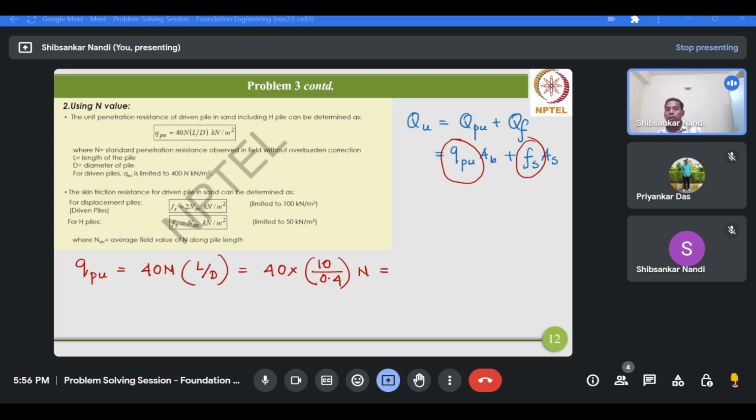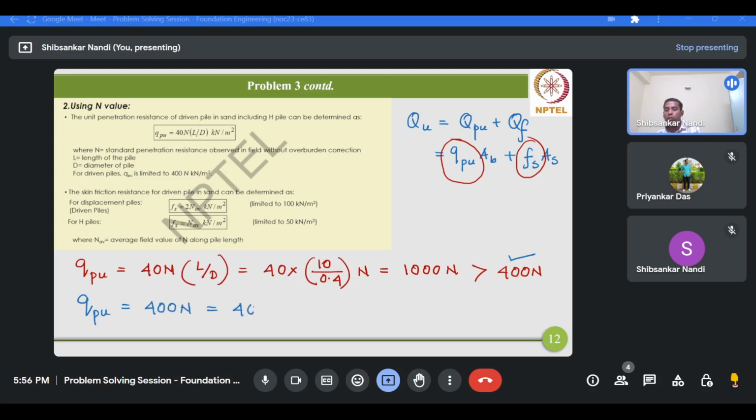So 10 by 0.4 is 25, multiplied by 40, that means 1000 times N. And this is obviously greater than 400. So you have to use the limiting value of the unit point bearing resistance as 400 N. So the QPU will be